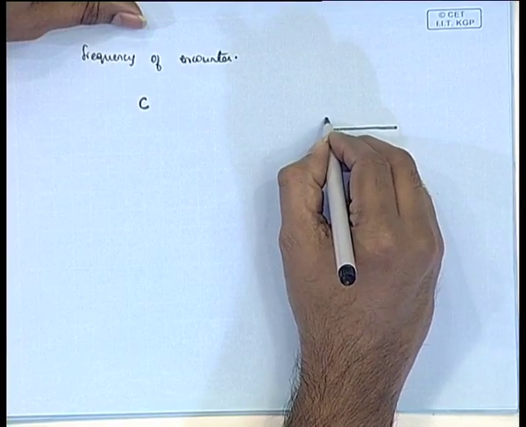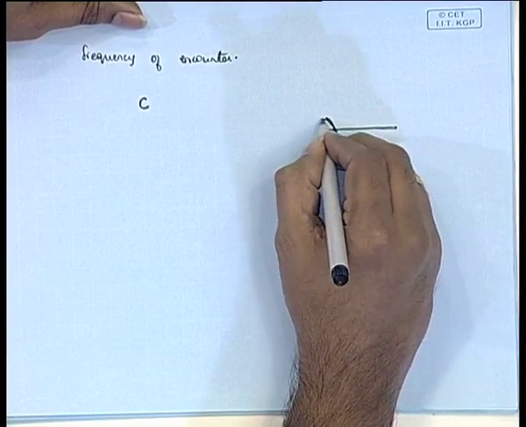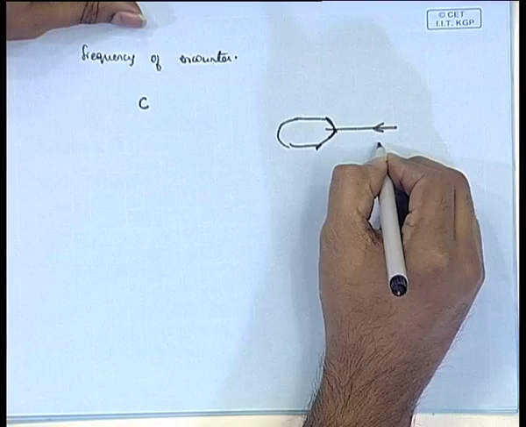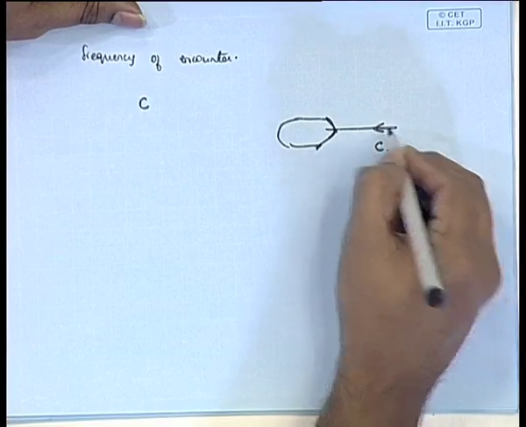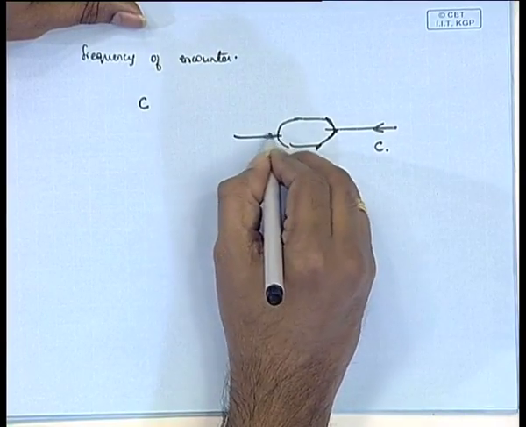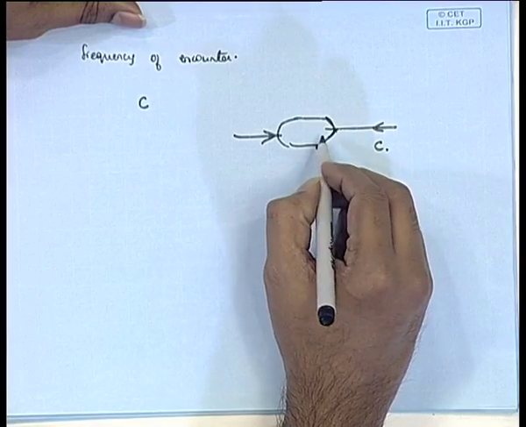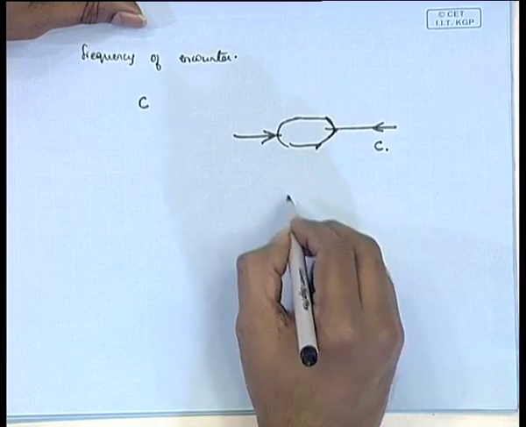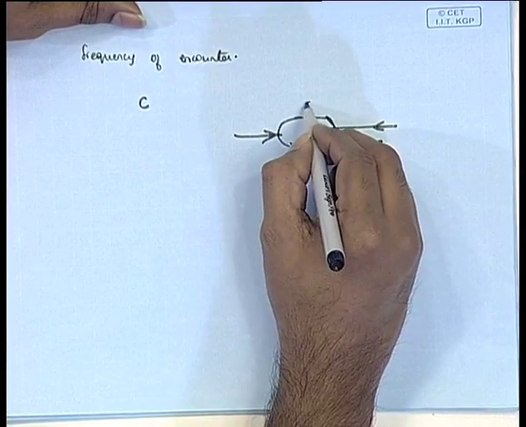So, there is a ship here and there is a wave coming. It can be either way: the wave can be coming like this, or like this. Either way the wave is coming, the ship is there, and this is a very simple case. Now, let us assume a case when the ship is like this,